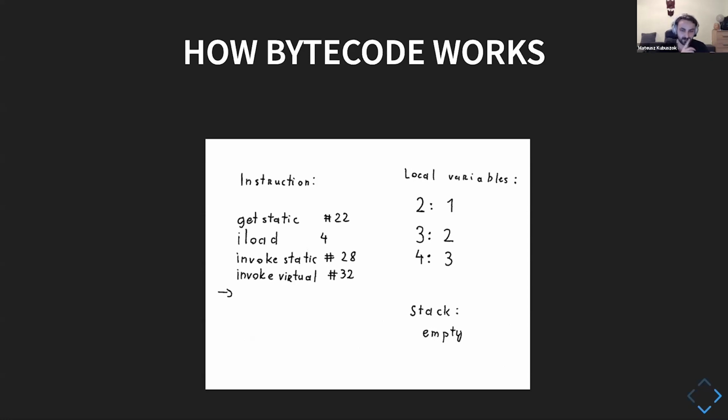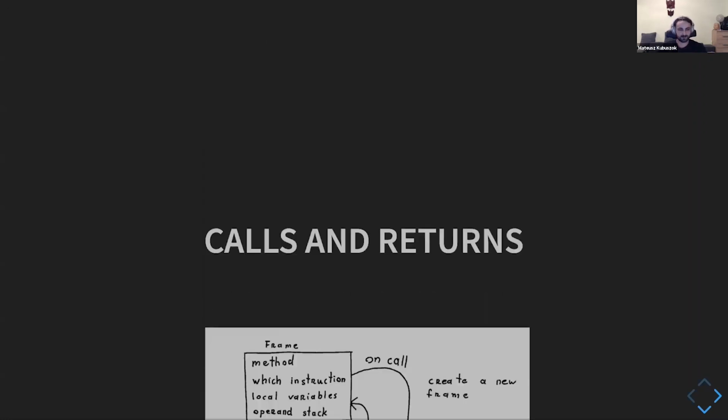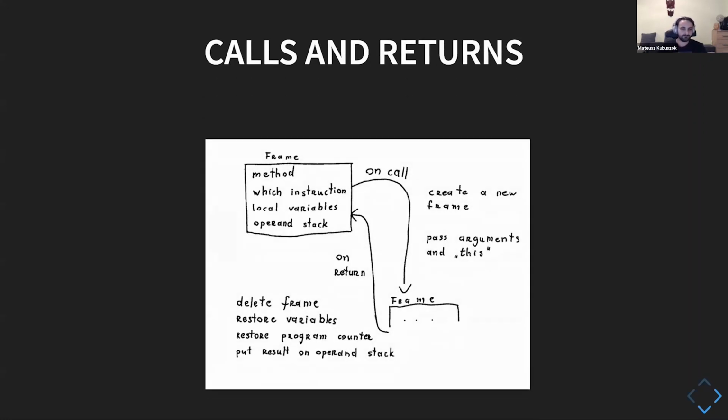So the part about making calls was kind of interesting. Let's stop a little bit with them. The first thing that we notice is that so far, we always knew in which method we are. In this case, I haven't written that, but we were basically in the main method of the test object.